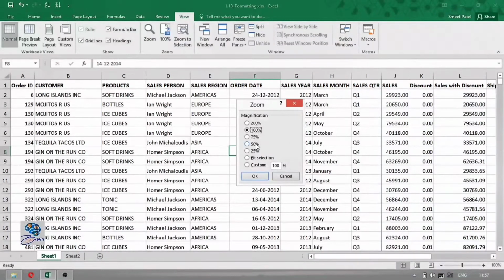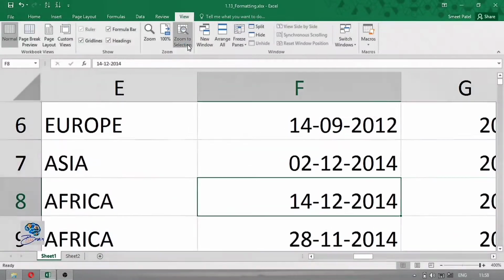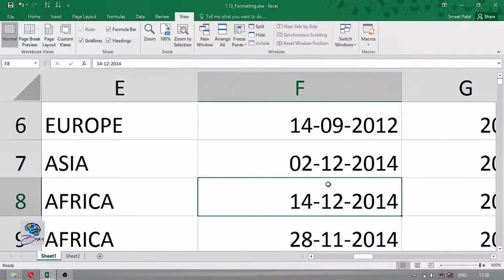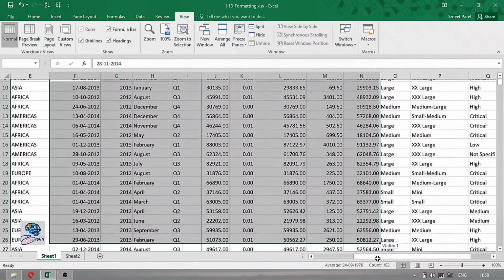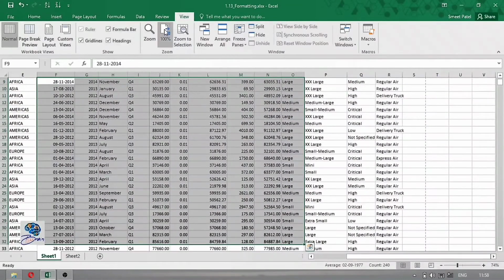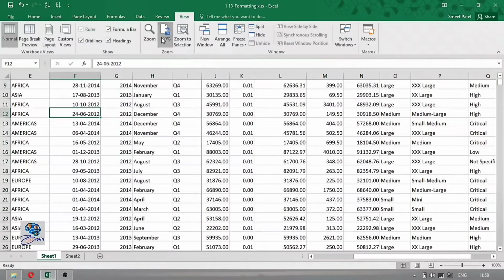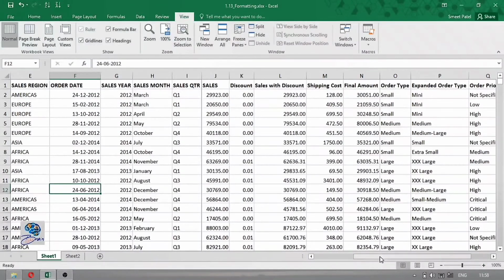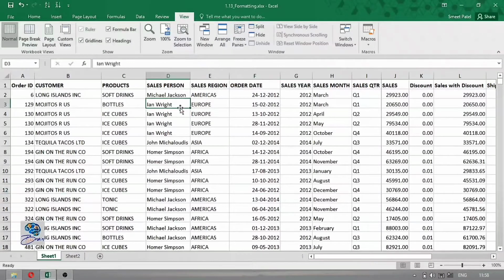You can also zoom to 75%, 50%, or you can use custom, and zoom to selection also. I have selected only one cell, so it zoomed in too much. If I want to zoom in on this much section, it will zoom in. So I will click on zoom 100%. So this was the zooming option.